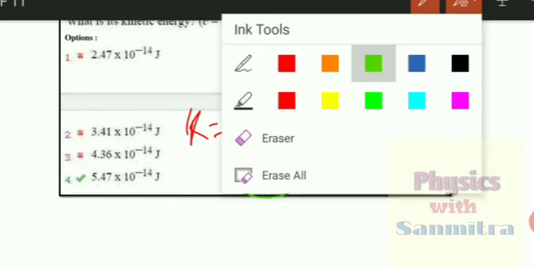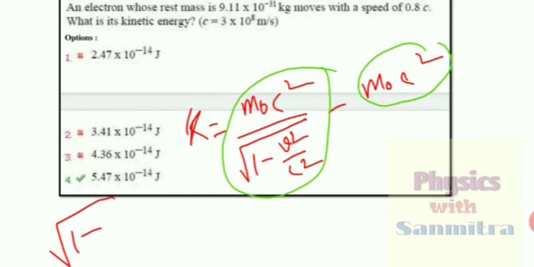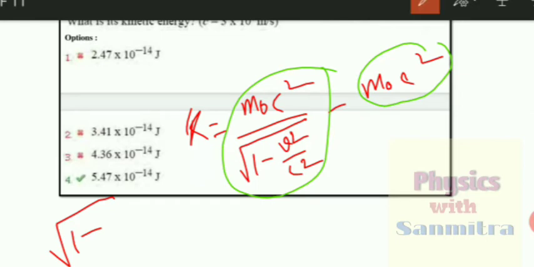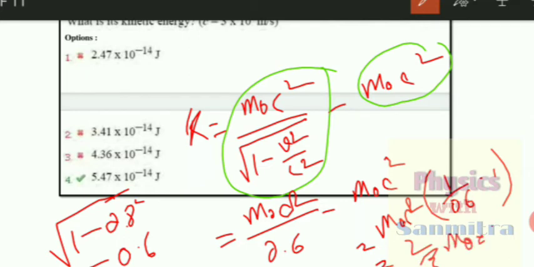Let's find out the value of this root part. 1 minus, now it was moving at 0.8c. This 0.8, 0.6 are very easy numbers to calculate. This is 0.8 squared, so I will get 0.6, because 0.8 squared plus 0.6 squared gives 1. That's a Pythagorean triplet, so our job becomes easy. So m₀c² divided by 0.6 minus m₀c². If I take m₀c² common, it is 1 by 0.6 minus 1, so that is 0.4 by 0.6,